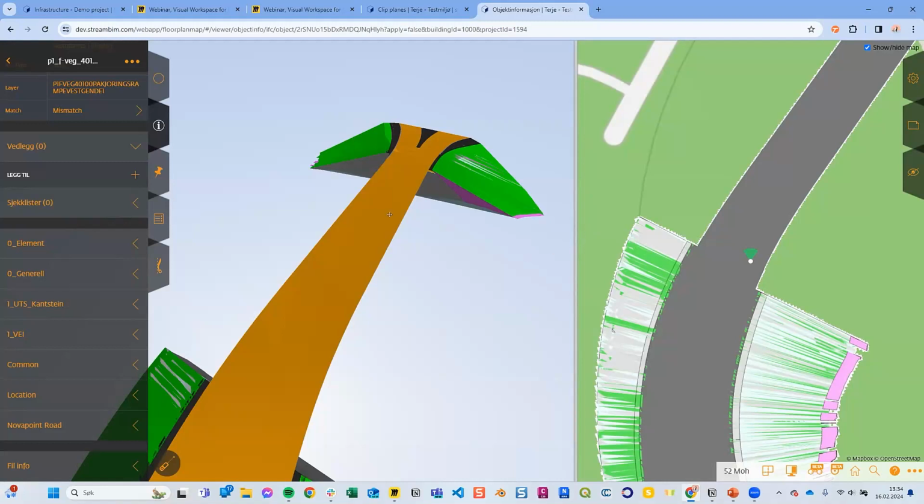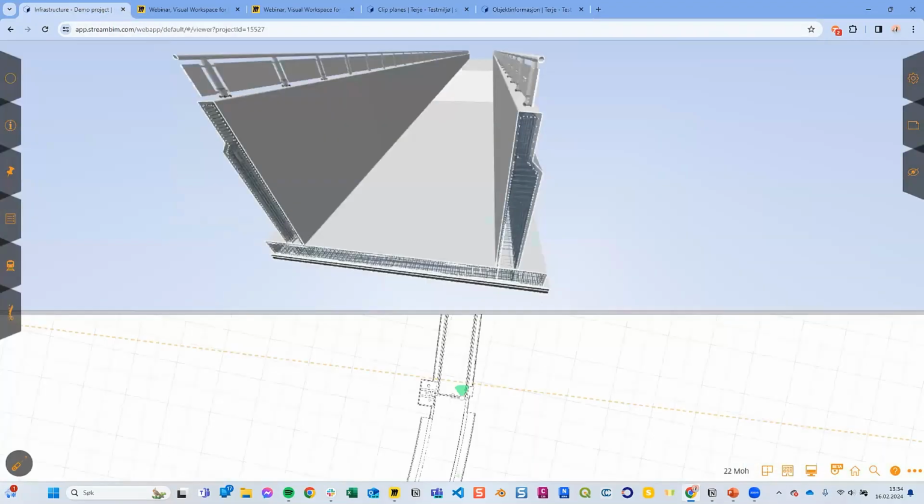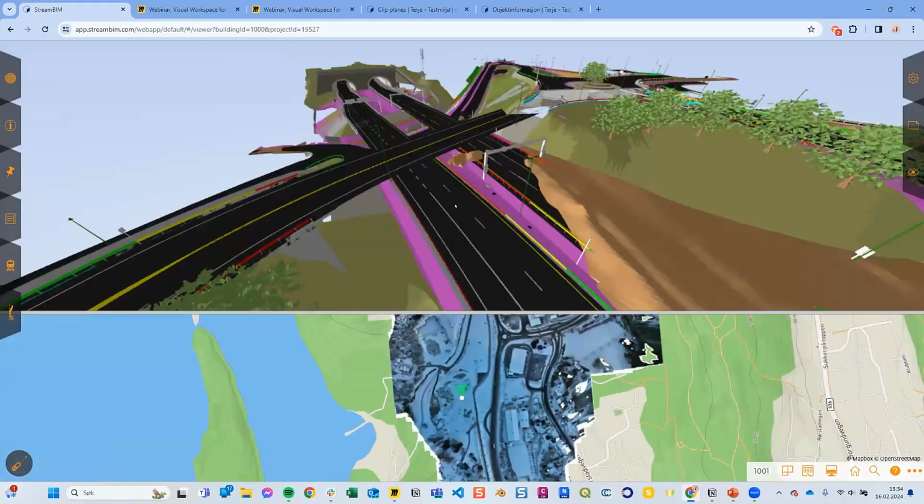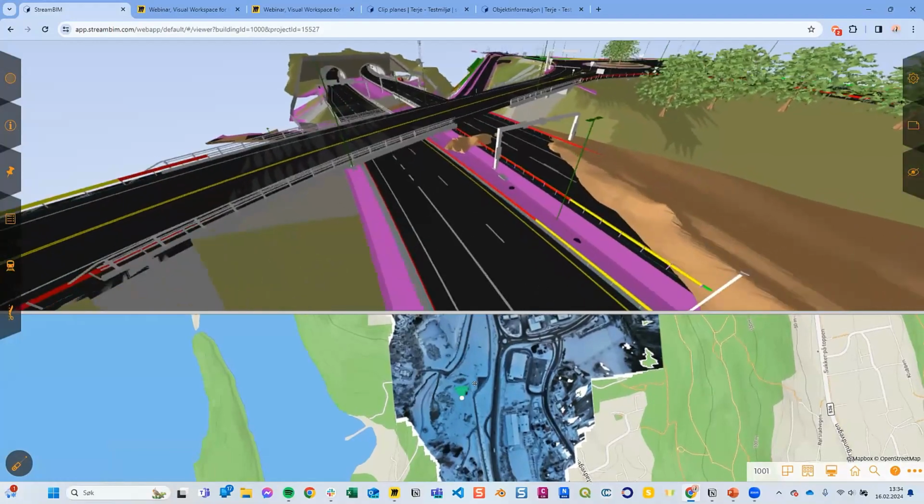The user friendliness of StreamBeam is extremely good, and it's specifically designed towards working on site, so that you can see that from how you navigate in StreamBeam compared to other tools.